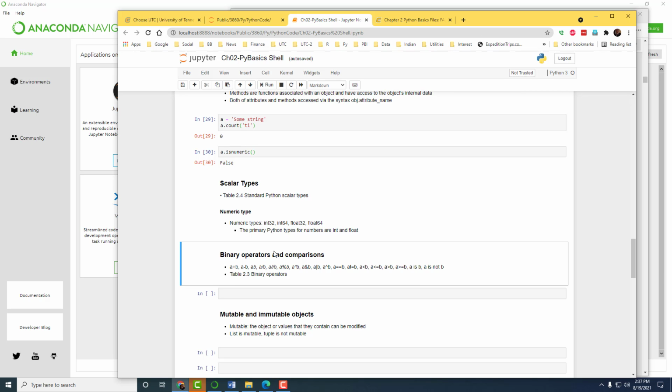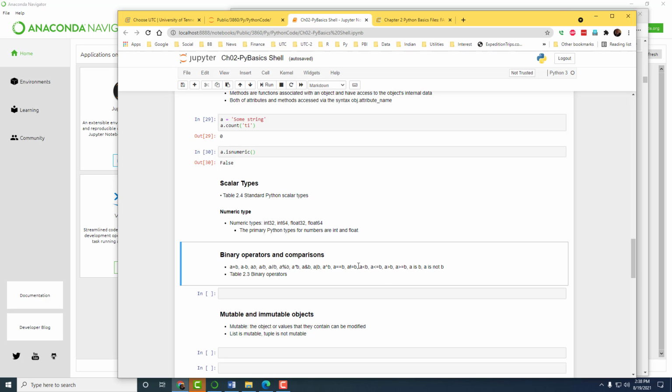All right, now let's look at the binary operators, which we'll perform on numeric types, and some of them apply to string types as well. Many of these are quite easily understood. So you have a plus b, add a and b, a minus b, a divided by b. And then you have a bunch of stuff that we need to understand.